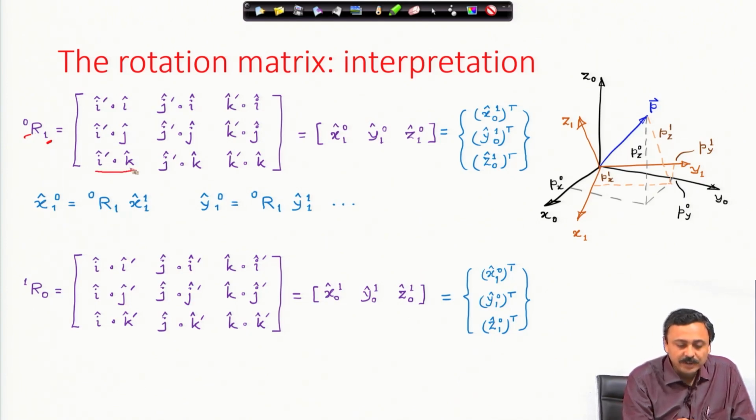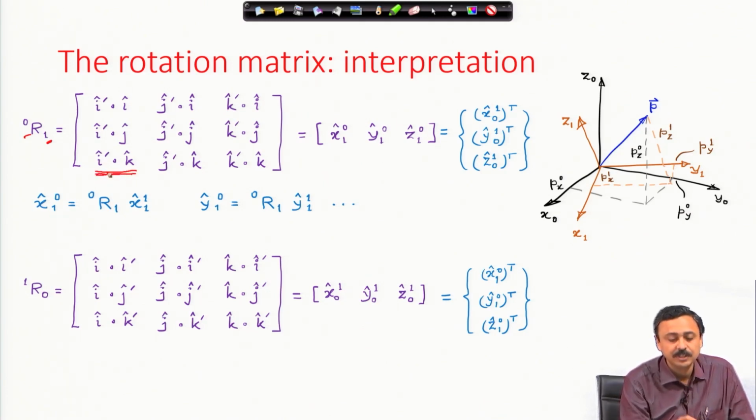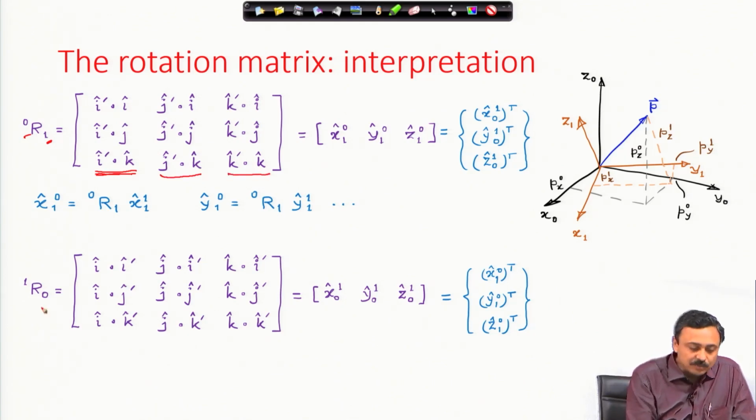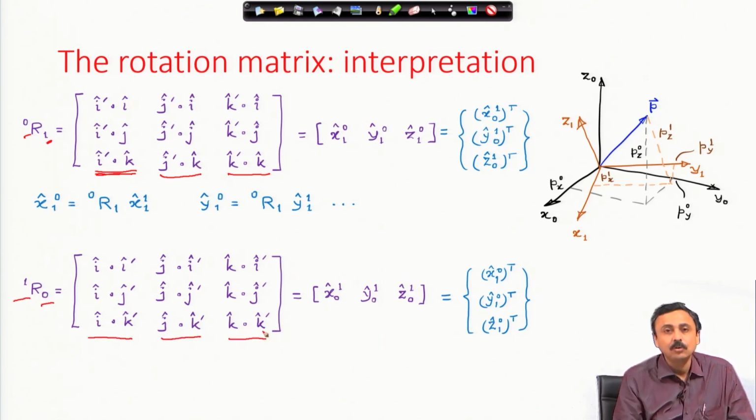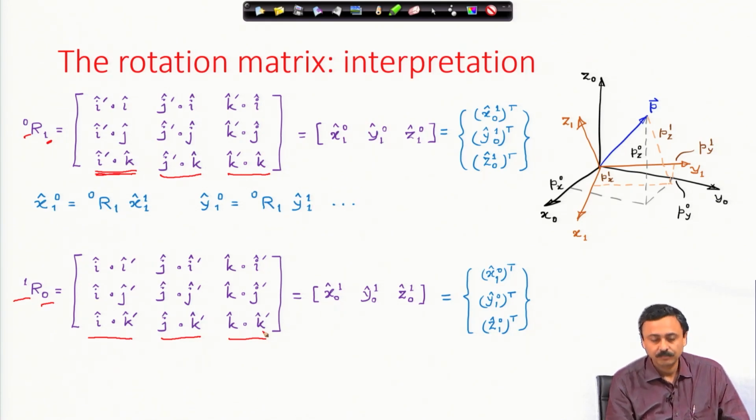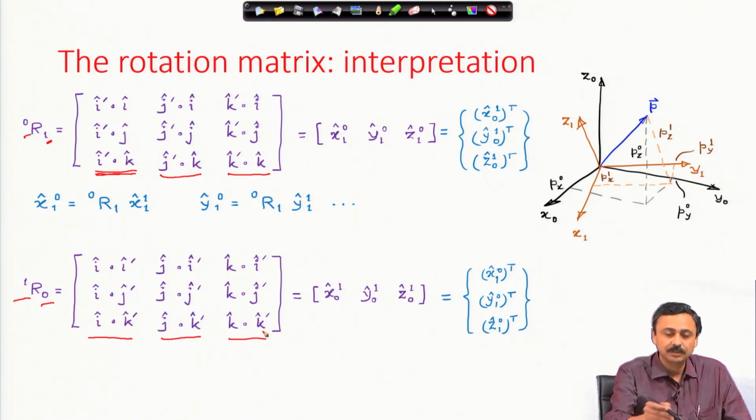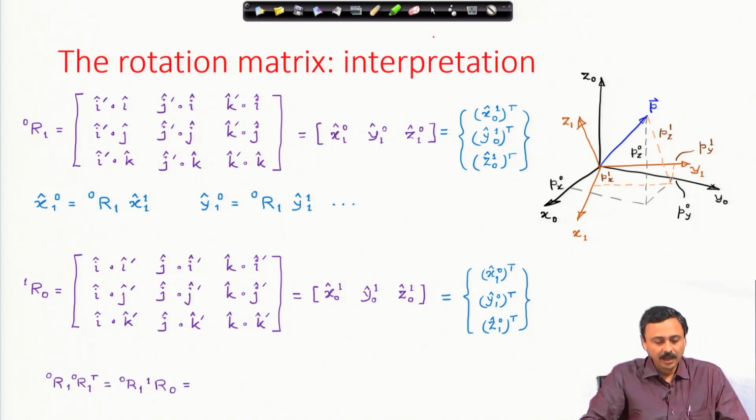then we represent frame 1 in frame 0. This is the x axis of frame 1, x 1 represented in 0, y1 represented in 0, z1 represented in 0. When it is from 0 to 1, we represent x0 in x1 y1 z1, y0 in x1 y1 z1, z0 in x1 y1 z1. So, the definition of columns changes, and of course, this orthonormality property holds,